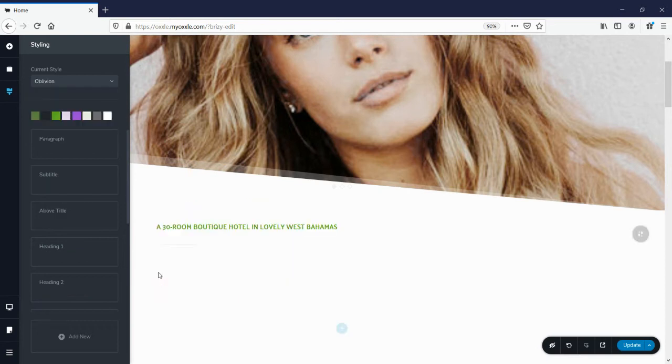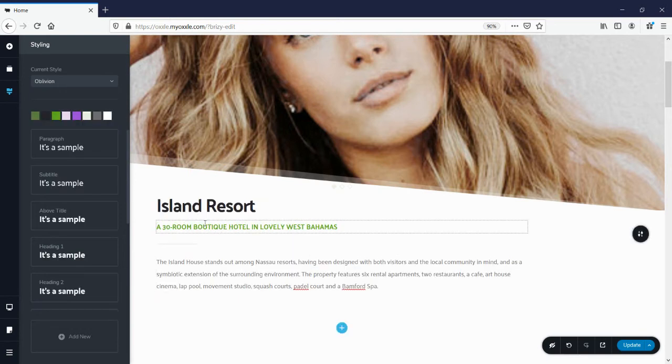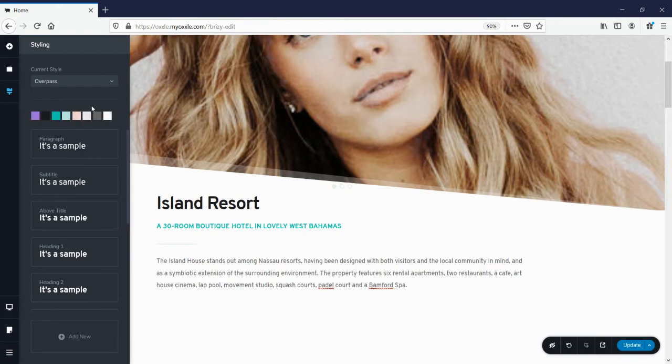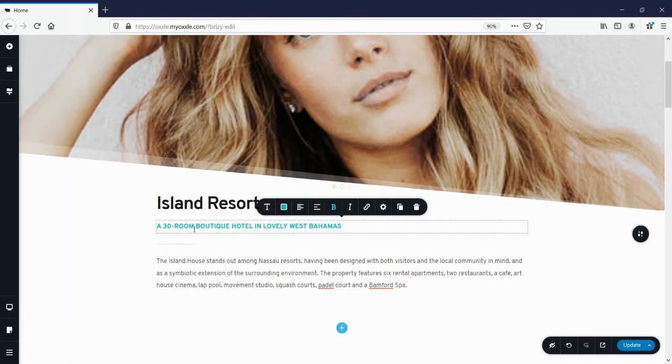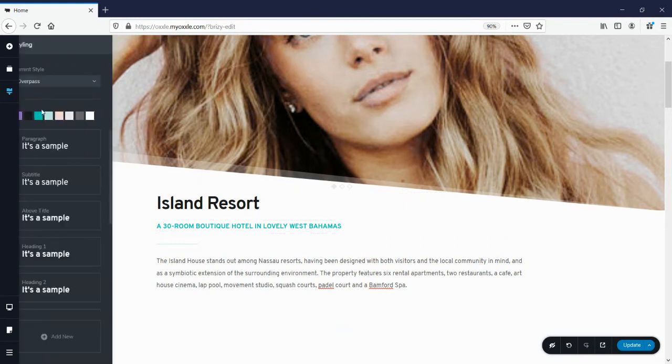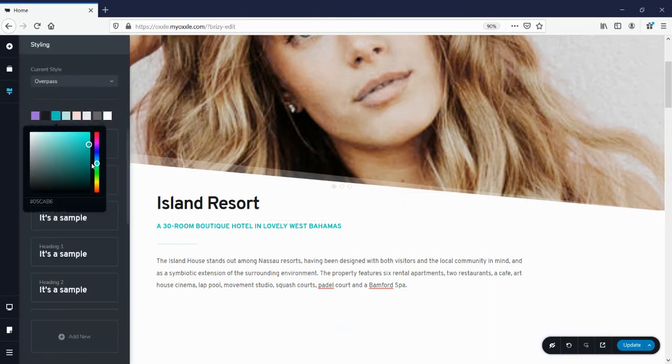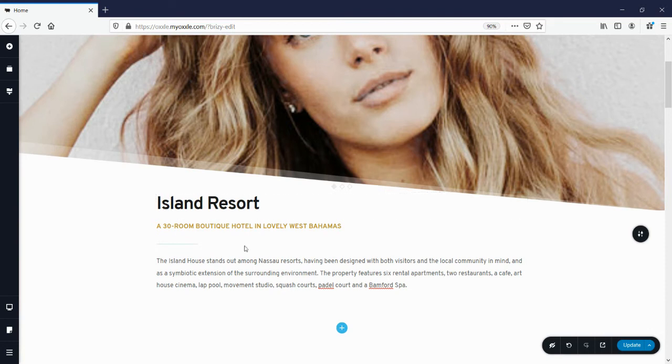So you can choose between those, or you can go, if you like a particular one, let's say you like the first one, but you don't like the colors, then you can just change the color to your own color. So I want to go for something a lot warmer. There we go. And this will change it site wide